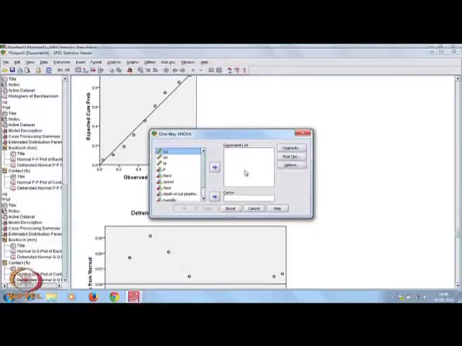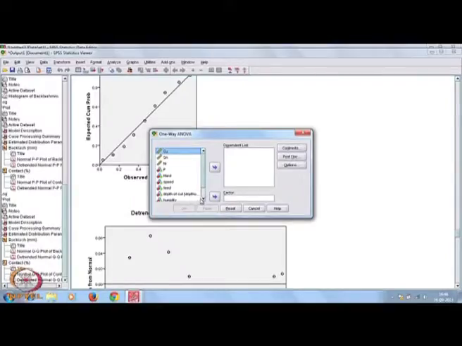Although there is a dependent list, if you put more than one variable, it will basically do one-way ANOVA repeatedly for different variables. For the time being, let us give only one variable, backlash. Then what is your factor?